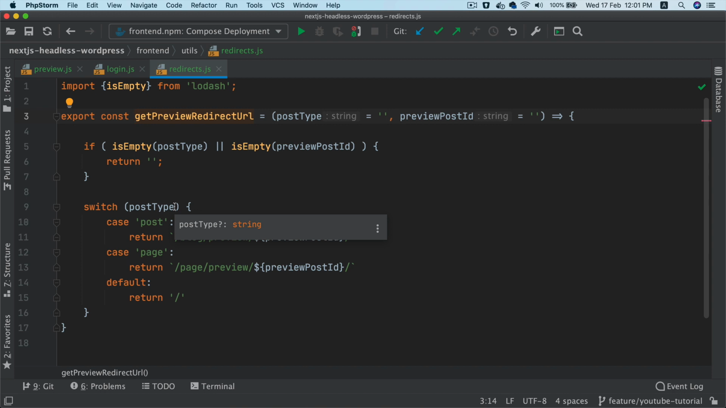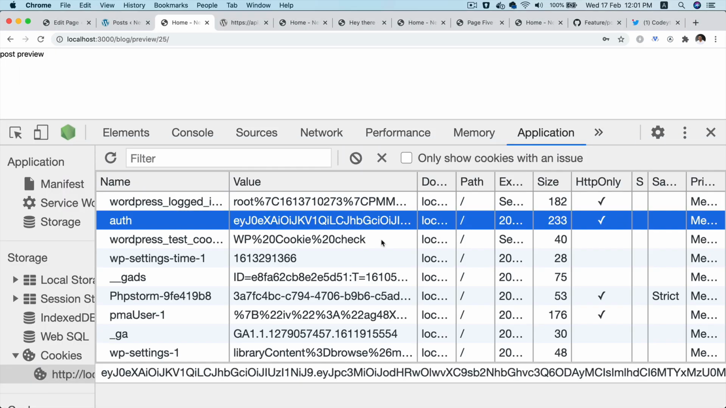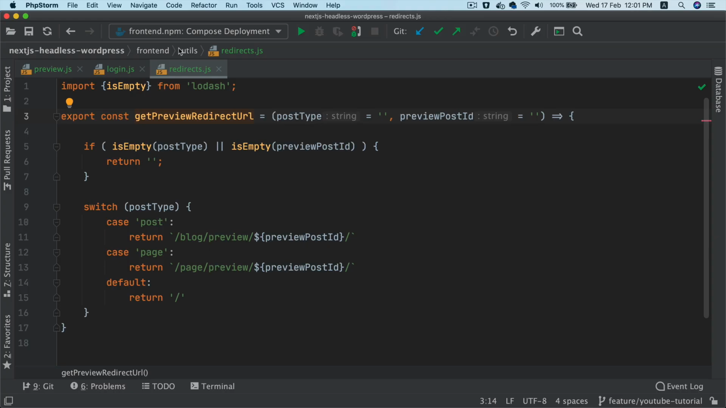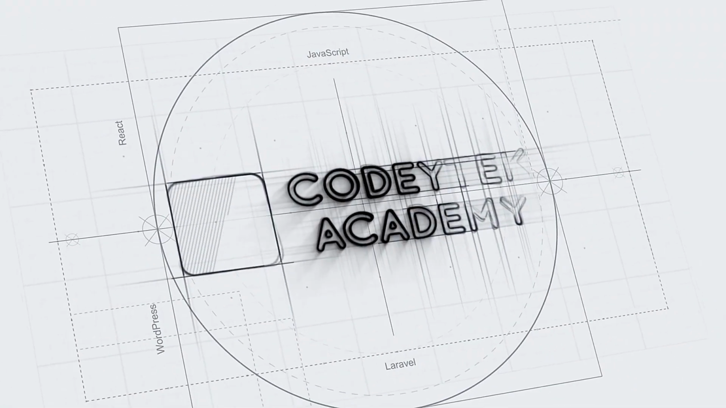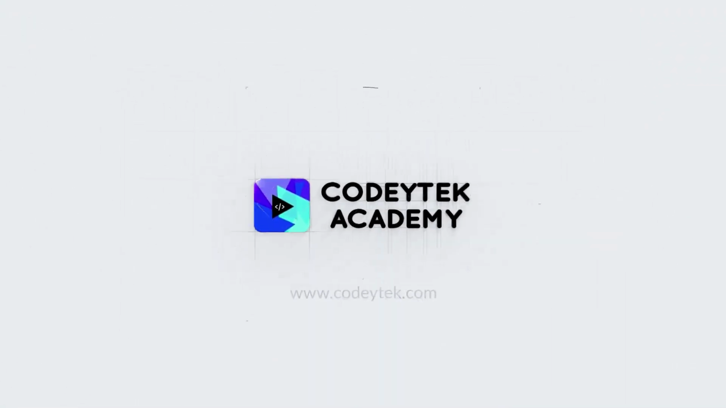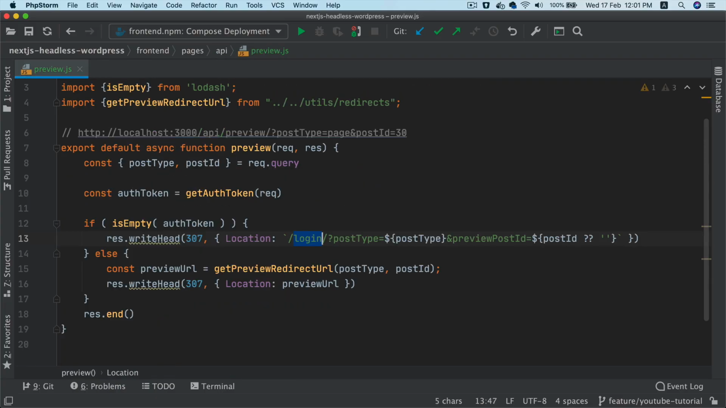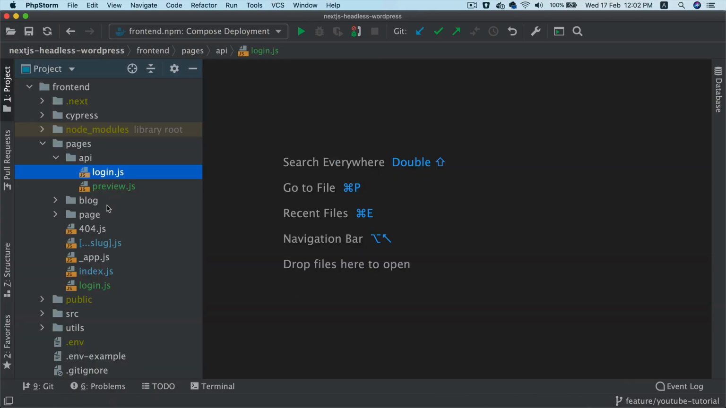In the previous video, we learned how to create a login page, and once the user is logged in, we also set the cookie with the auth token and put that into the HTTP only cookie. Then we redirected the user to the preview page, and now we just have to get the data on the preview page because the user is already authenticated, right? So what we're going to do is go to that blog preview ID, and I'm going to go ahead